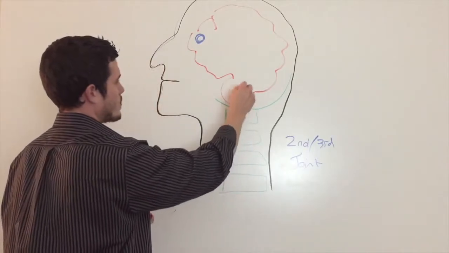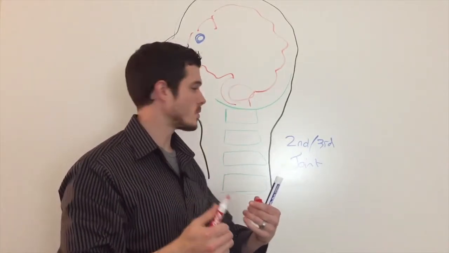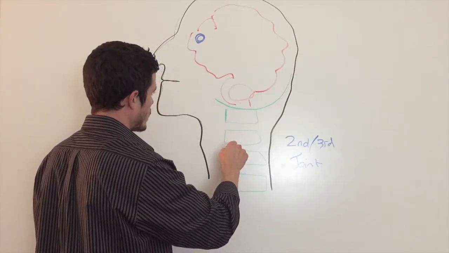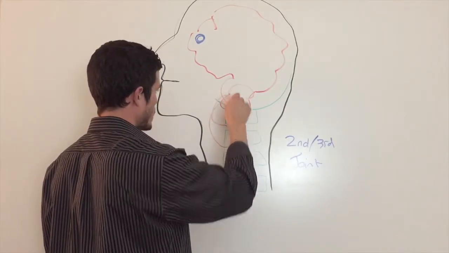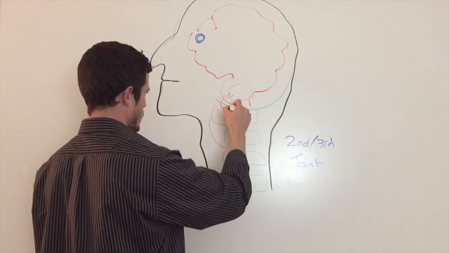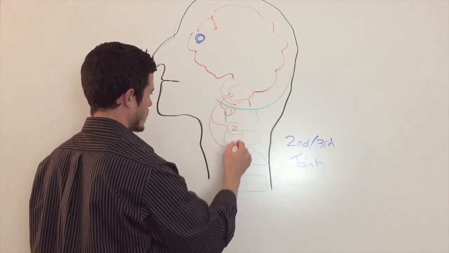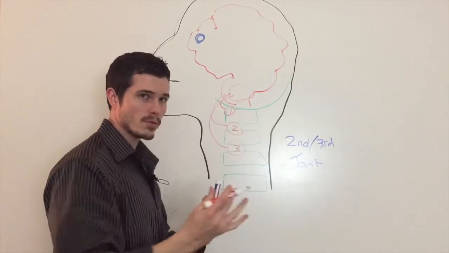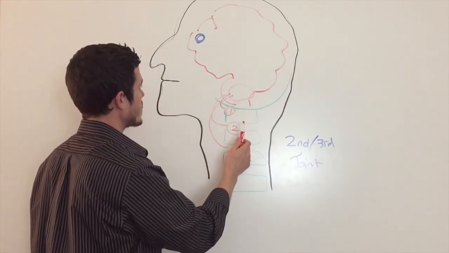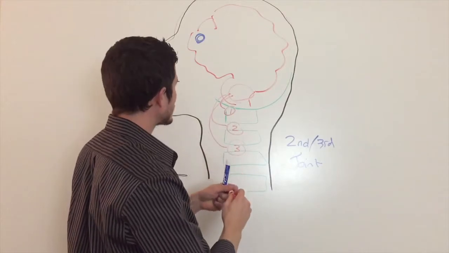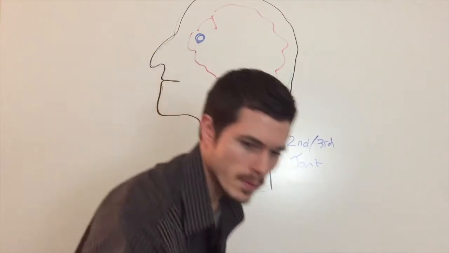Okay, so at the base of the brain, there's actually a pool of nerves that these nerves, 1, 2, and 3, all link into. Okay, so you have 1, 2, and 3. So the upper 3 joints, all those nerves actually link into the base of the brain, which has a center that, pretty cool,